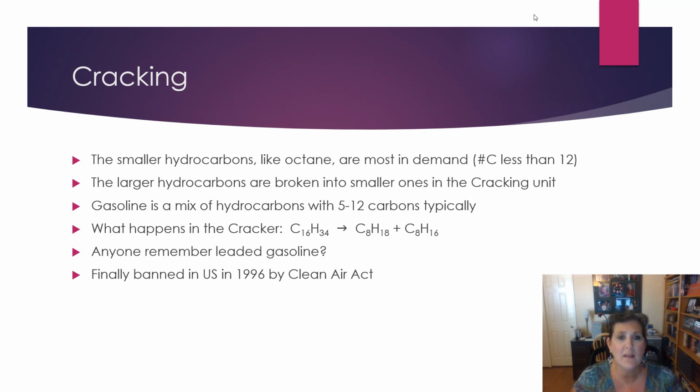So gasoline is a mix of hydrocarbons with typically 5 to 12 carbons. 8 is what we'd call octane, which has 8 carbons. So what happens in the cracker? Well, look at this little reaction here. We have C16H34, and it's going to break down when we have high heat in the cracker to C8H18 and C8H16. So 8 carbons is useful, 16 carbons, not so much. So in the cracker, we just heat it intensely, and it'll break down into smaller and smaller